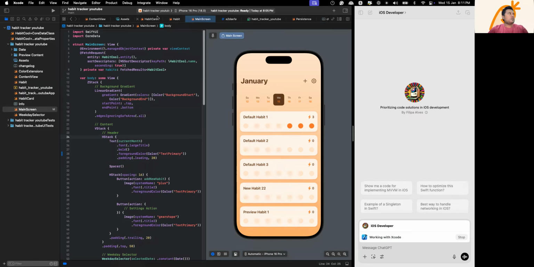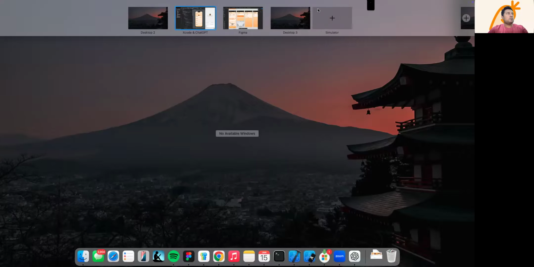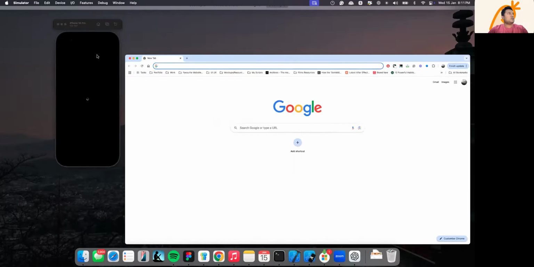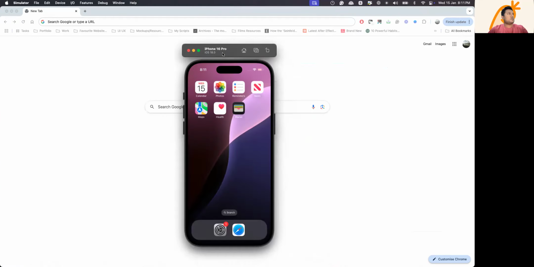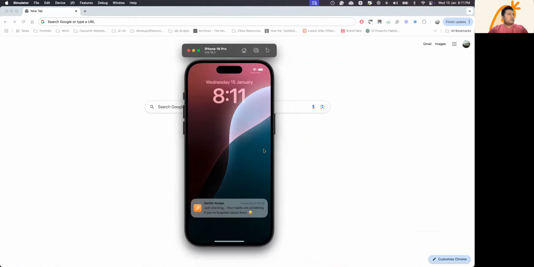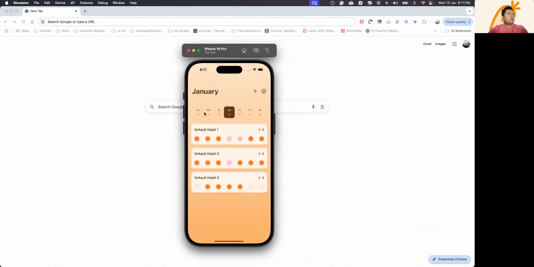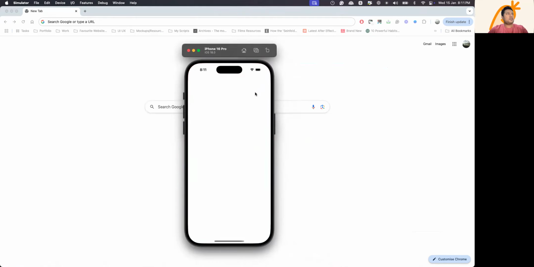I'm also gonna create a simulator of this. So if I click on this play button, this will create an iPhone 16 Pro simulator. So in that the app will open up. I'm gonna bring it here. So let's just say, yeah, it's here, and you can see that if I open this app, this is our app, and you can see that if I click on something, then